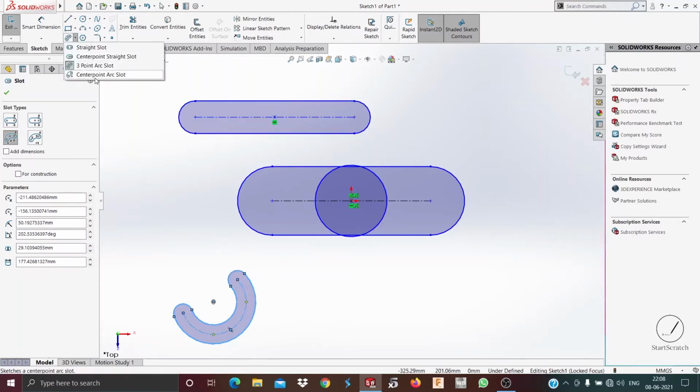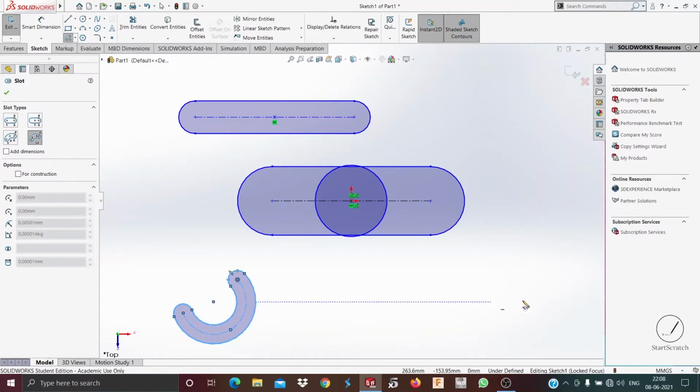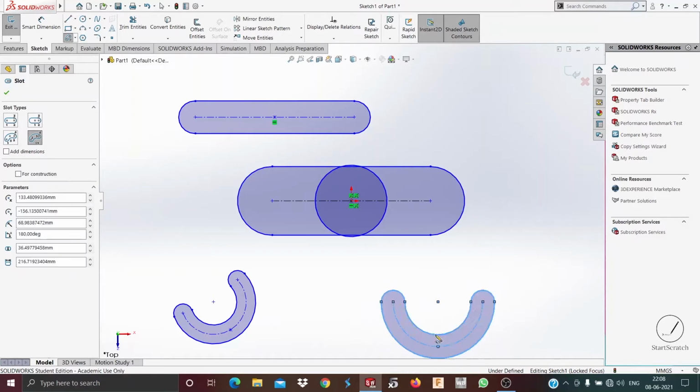The last one is the center point arc slot. Basically, the center point arc slot is nothing but you just choose the center of the slot and the other 2 points, and then you draw the slot here. So in this we chose this point, which is basically the center of the slot, this point and this point